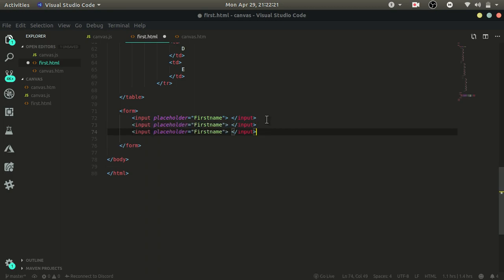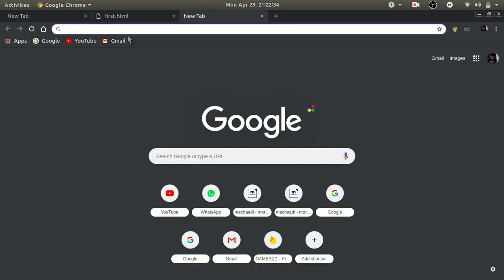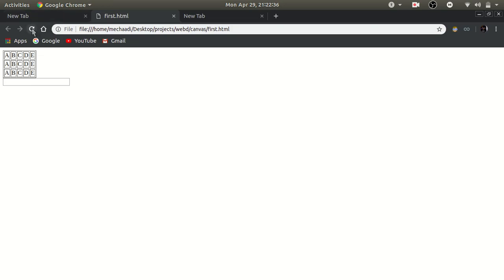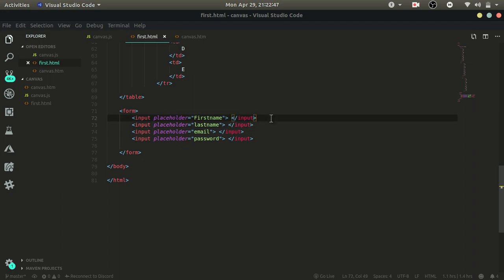Let's copy paste this. Our second is last name, then email, password, and we got an extra one, so let's delete this. Now if you refresh this page, you can see that we have some input fields with their placeholders: first name, last name, email, password. We want them in different lines, or vertically aligned, so we're gonna use